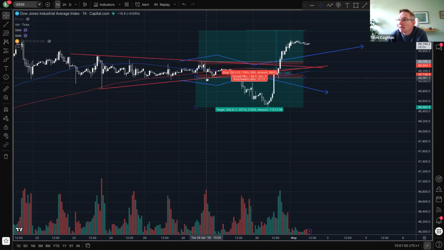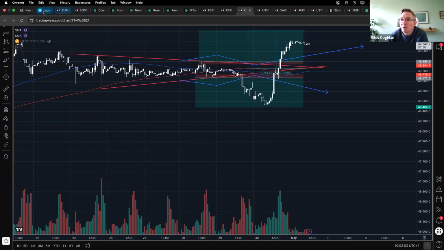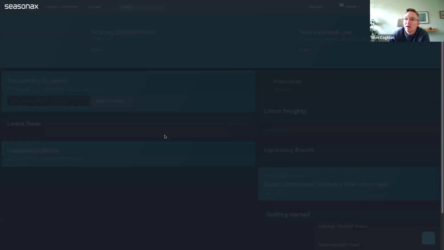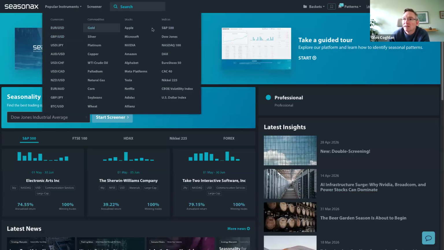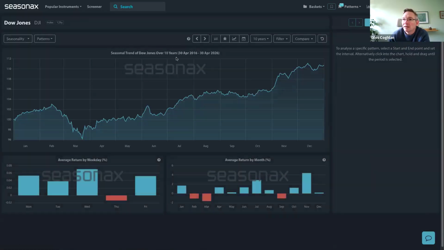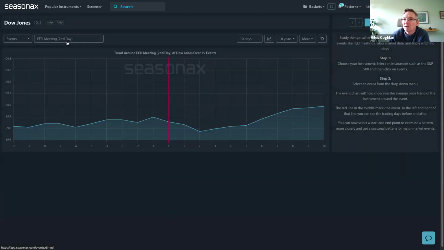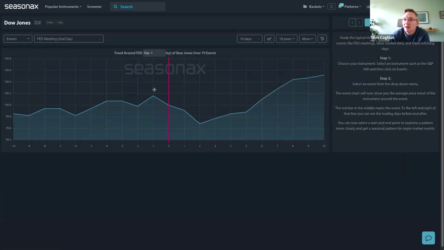And you can see here, right, nice coiling price action breakout, and we hit profit at about that 1.5% target, which was based on historical volatility. And that was based on the Dow. And if you look at the events, Fed meeting, you can see that on the day of the event,